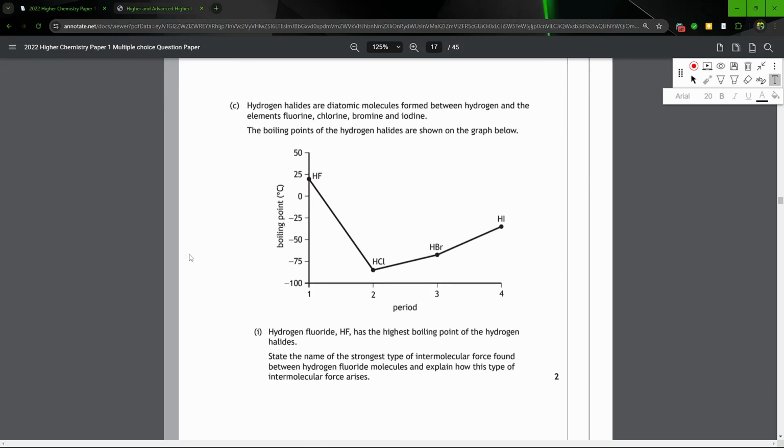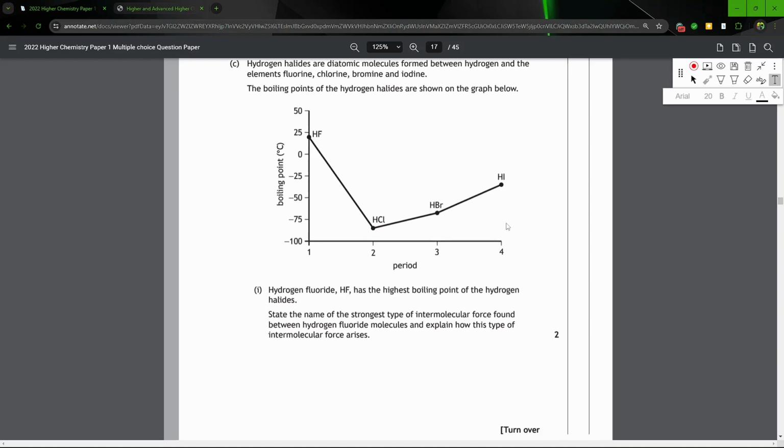Hydrogen halides are diatomic molecules formed between hydrogen and the elements chlorine, bromine and iodine. The boiling points of the hydrogen halides are shown in the graph below. Hydrogen fluoride, HF, has the highest boiling point of the hydrogen halides. State the name of the strongest type of intermolecular force found between hydrogen fluoride molecules and explain how this type of intermolecular force arises. So,